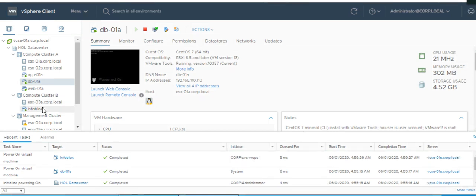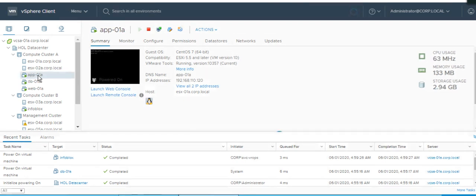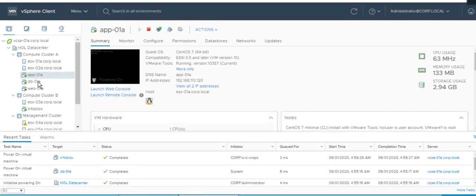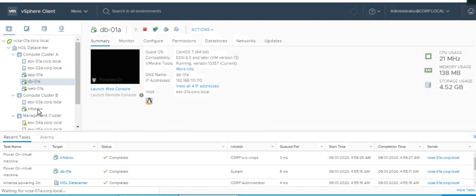Remember one thing, the virtual machines which I add in my custom group in VROPS are the only ones supported for automation. It doesn't mean that if I haven't added APP01A, it will also come up automatically with the VROPS automation. Only these two virtual machines will be powered on automatically in the vCenter server.